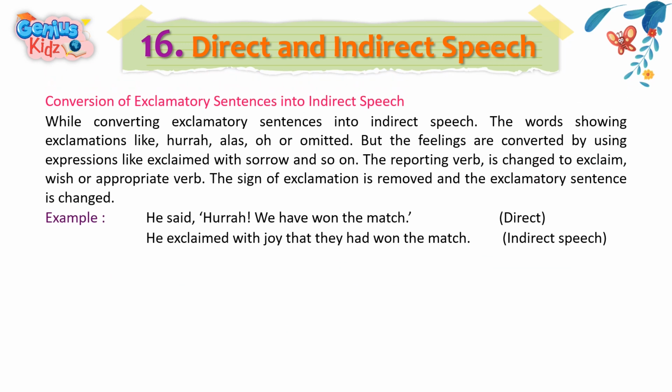Conversion of exclamatory sentences into indirect speech. While converting exclamatory sentences into indirect speech, the words showing exclamations like hurrah, alas, oh are omitted. But the feelings are conveyed by using expressions like exclaimed with sorrow and so on. The reporting verb is changed to exclaim, wish or an appropriate verb. The sign of exclamation is removed and the exclamatory sentence is changed. Example: He said, "Hurrah! We have won the match." (Direct) He exclaimed with joy that they had won the match. (Indirect speech)